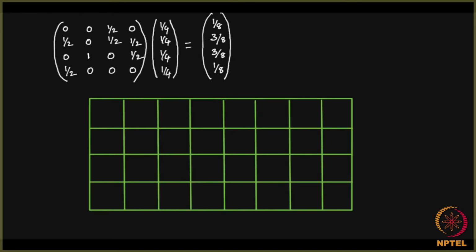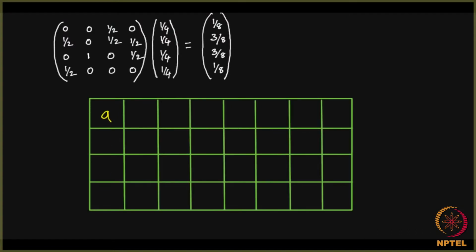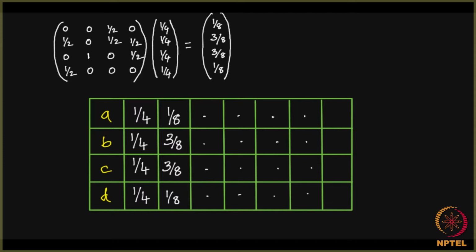Now let me write a table and then make a note of all the values here, A, B, C, D, and then I started off with 1 by 4, 1 by 4, and then I got this. What is the next value? Where does it go like this? Where exactly does it converge? So here is a quiz question for you all. Take a minute's pause and then see that it indeed converges to 19 by 100, 1 by 3, 19 by